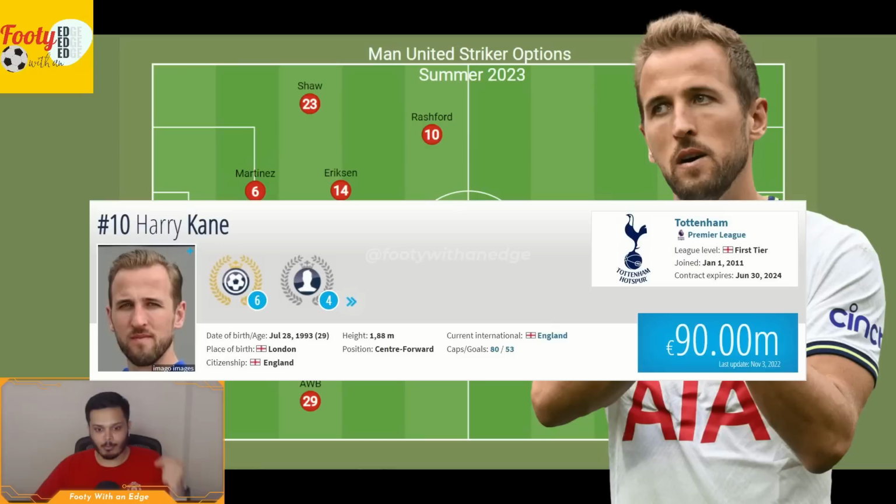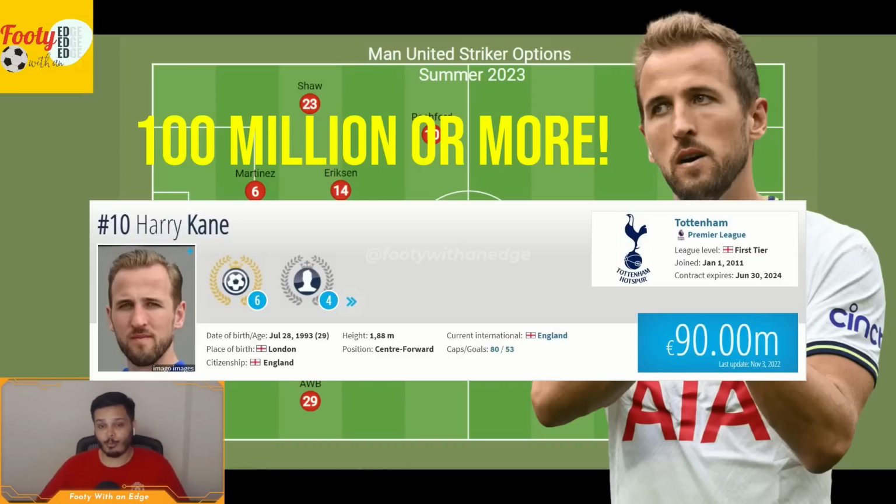Transfermarkt currently lists his market value at about 90 million euros, but despite his contract expiring in just one season, Daniel Levy will definitely want at least 100 million, if not more, for Harry Kane in the summer. So the bottom line on Kane is that he's definitely the benchmark for a Erik ten Hag striker at Man